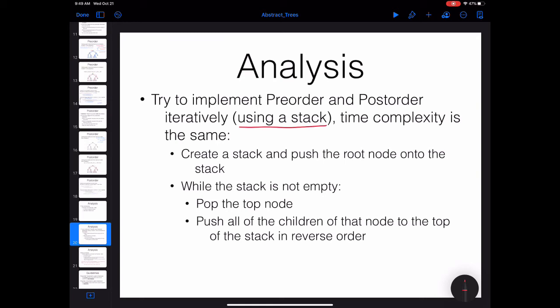I have written the full idea. It's not complete code, but it is basically the code that you need to create a stack. You start from the root and push the root to the stack, and then in a while loop, until the stack is empty, you just pop an item from the stack. Then, if it is preorder, for example, you print the information of that node, and then